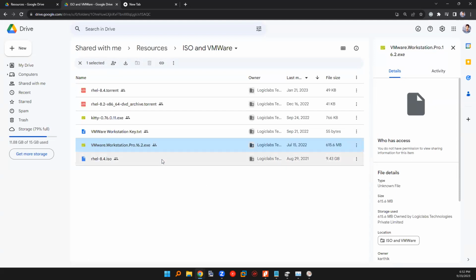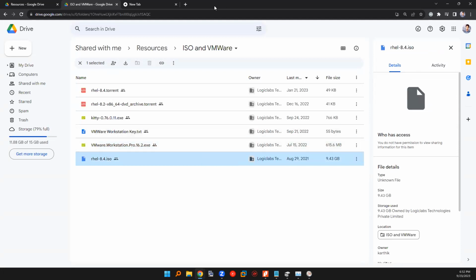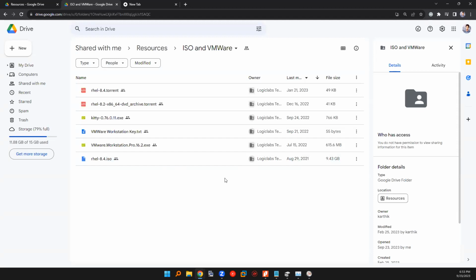Please do type in chat if you're a Mac user, because that's a different thing, and I will give you a link separately for that. It is called VM Fusion. You need to install that instead of VMware Workstation Pro. And if you're already familiar with VirtualBox, you can use that as well. It's your choice,